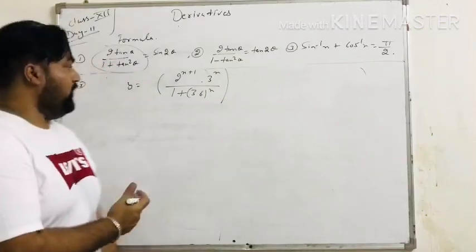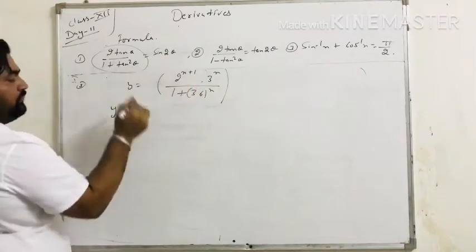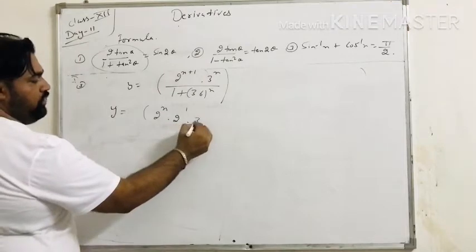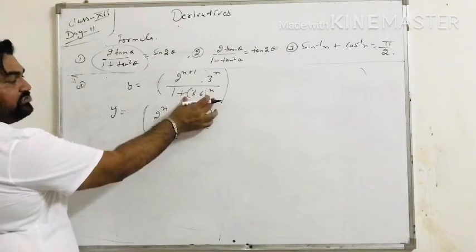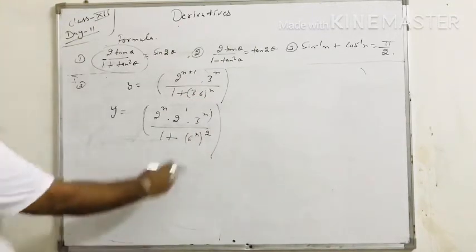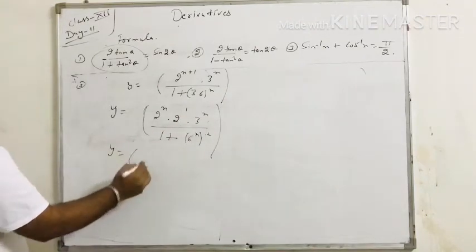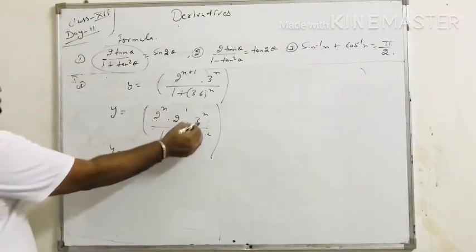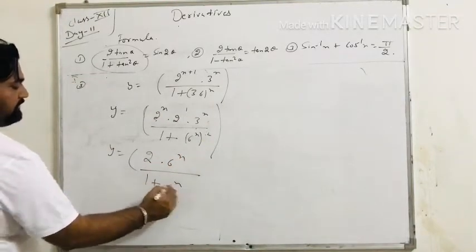Again the same as the previous one. So in this question, first of all we split the powers of 2: 2 raised to power x dot 2 raised to power 1 dot 3 raised to power x upon 1 plus, we can write 36 raised to power x as 6^x square. So now we put y equals to 2 raised to power 1, 2 raised to power x, 3 raised to power x. This becomes 6 raised to power x, 1 plus